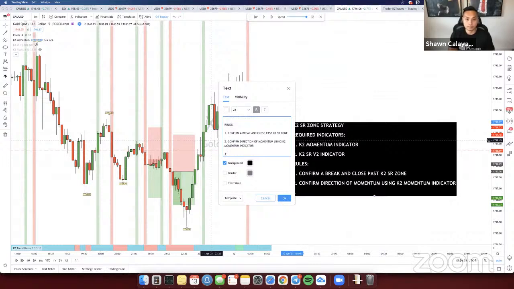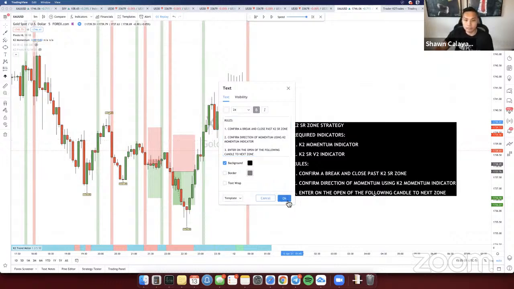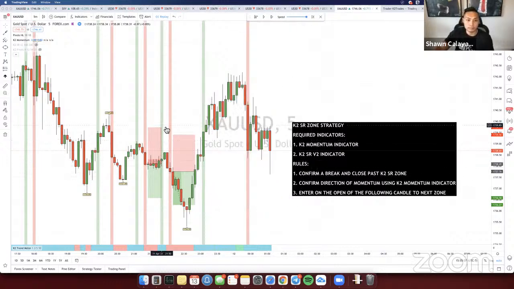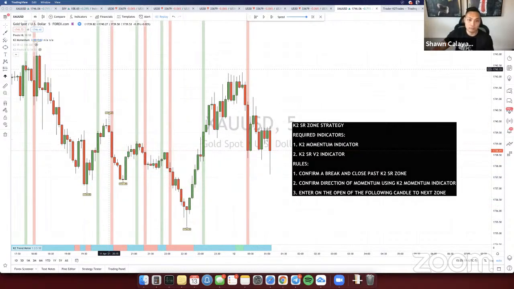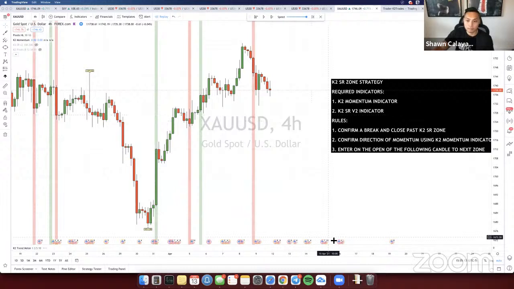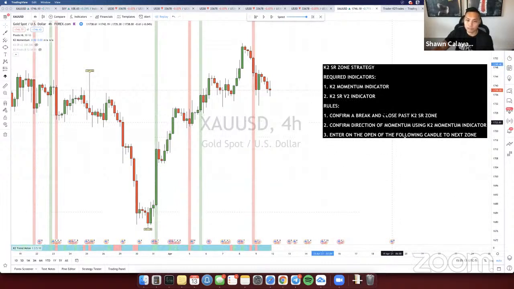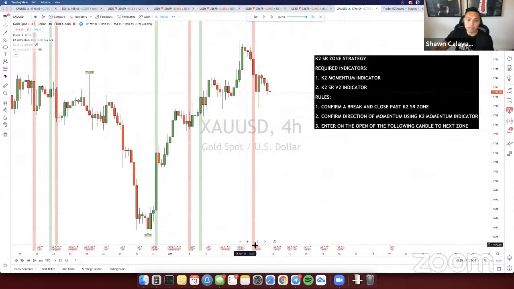And then lastly, enter on open candle, following candle to next zone. So for this strategy here, let me just delete everything off here. This is applied on the 4-hour. So on the 4-hour time frame right here, this is basically like if you watch the live sessions, this is